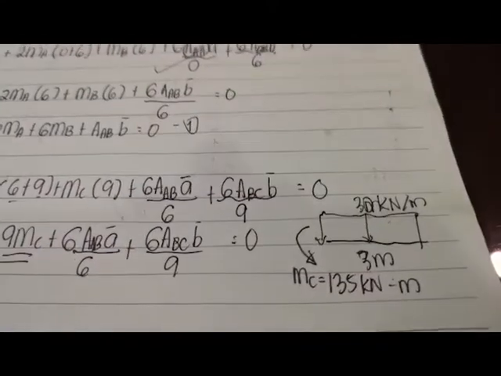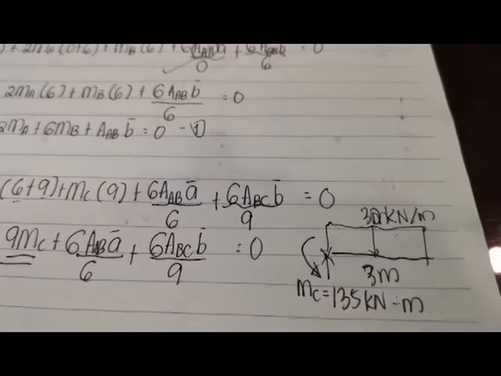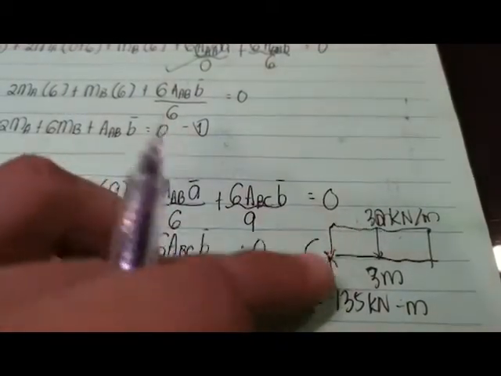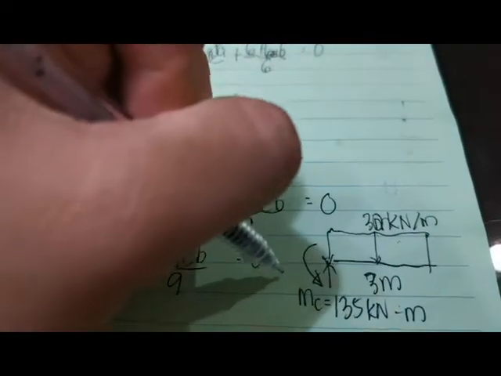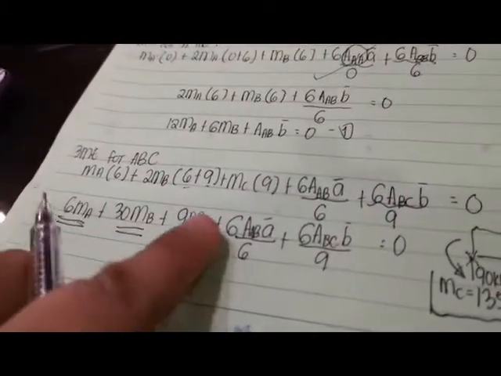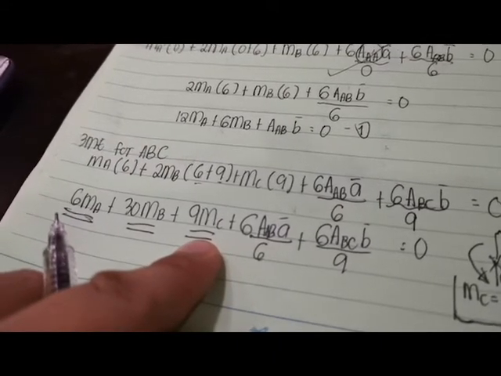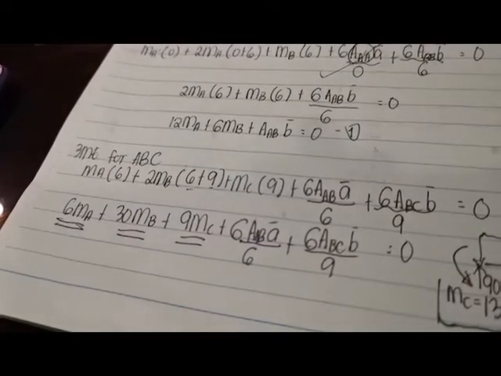And we can also say that we have a reaction here of 30 times 3, this is equal to 90 kilonewton. Okay, so from here we have your MC. We're going to use it here on the three moment equation for ABC. But later